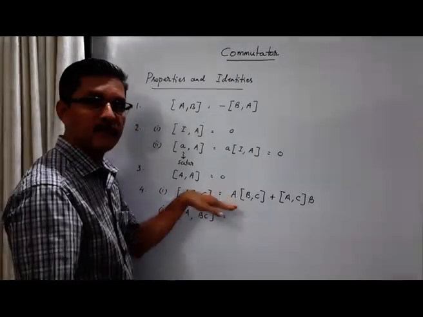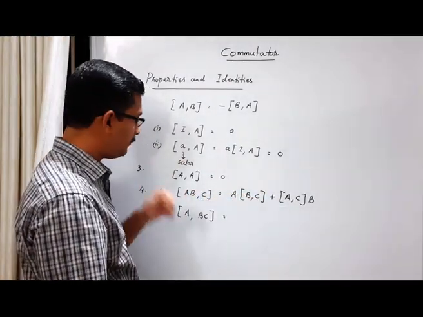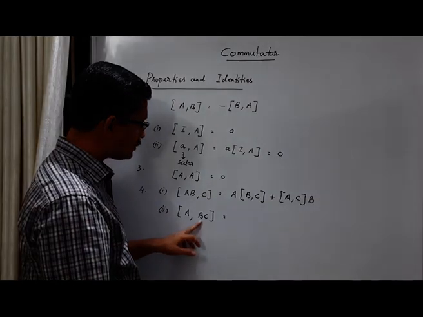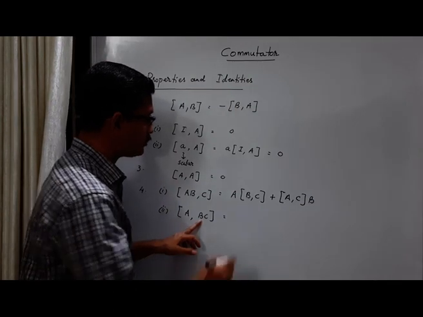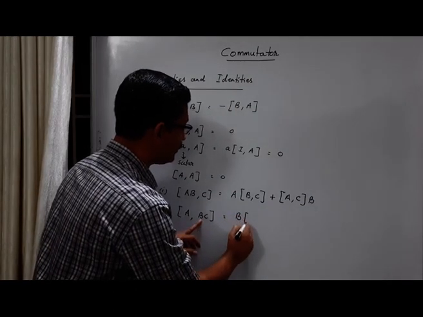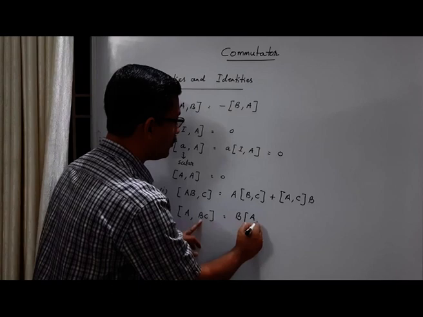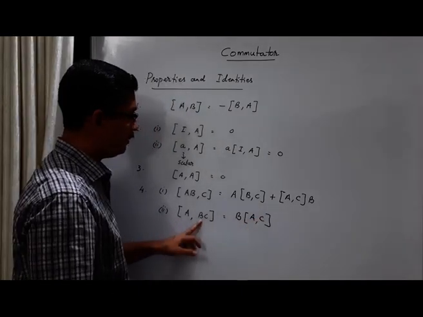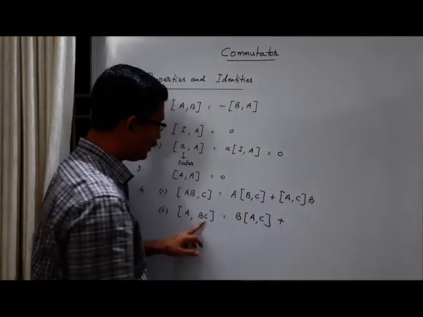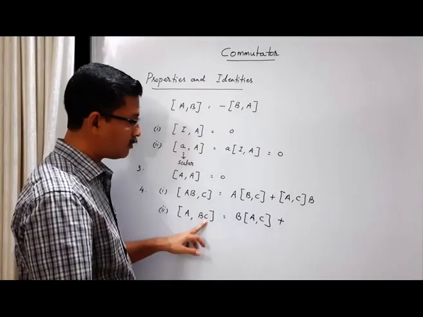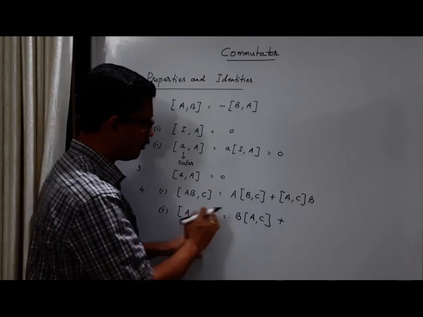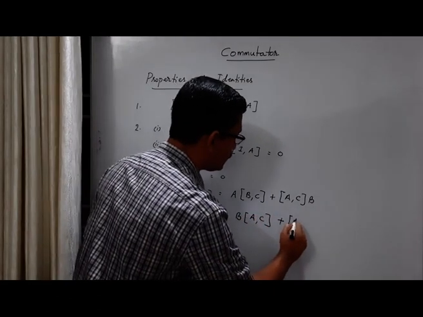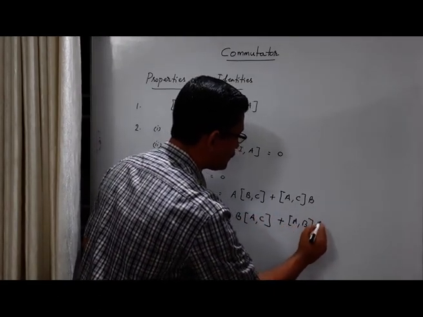You can use the same rule as in the first identity. That means from here you can first take B outside. But when you take B outside, B appears on the left side, so it should also appear on the left side of the commutator. The remaining terms are A comma C. Plus, now you can take C outside, but C is on the right side, so it will appear on the right side of the commutator. The remaining terms are A comma B, so it is [A, B] C.